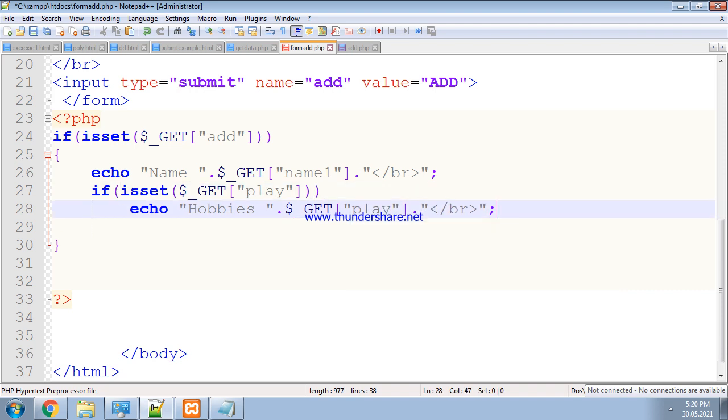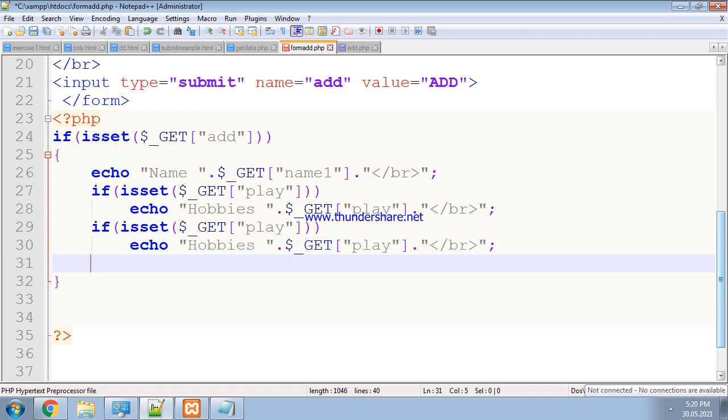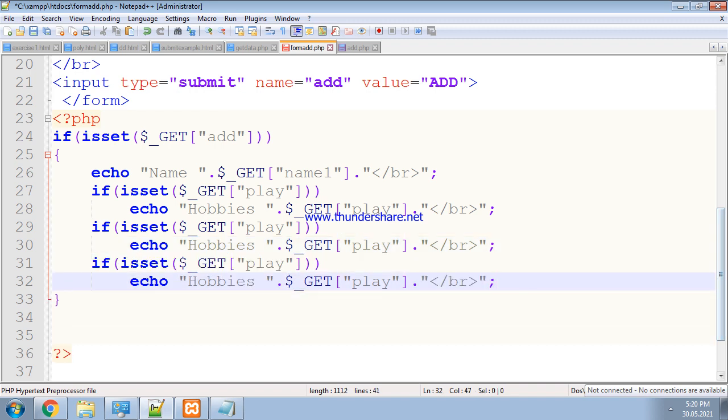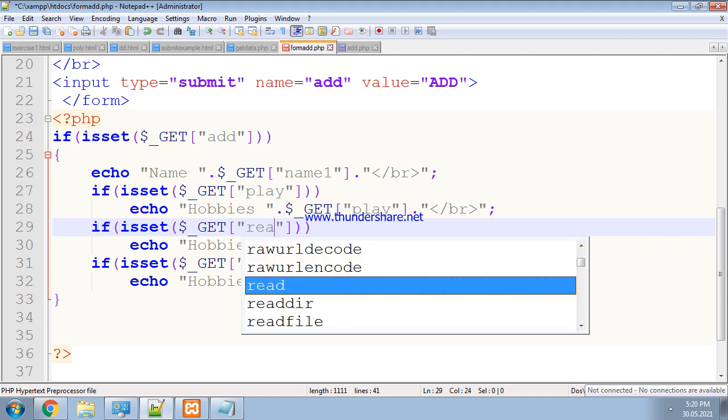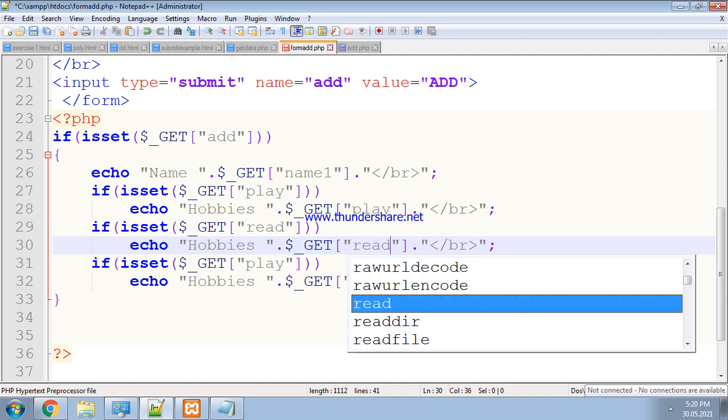In the same way for the other hobbies, like playing, reading, watching. If read is selected, then the value read should be displayed here.